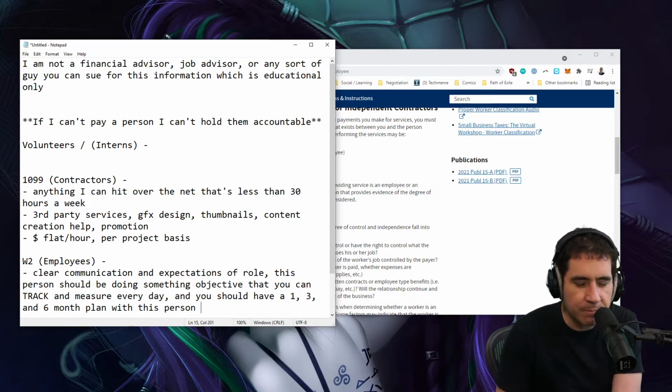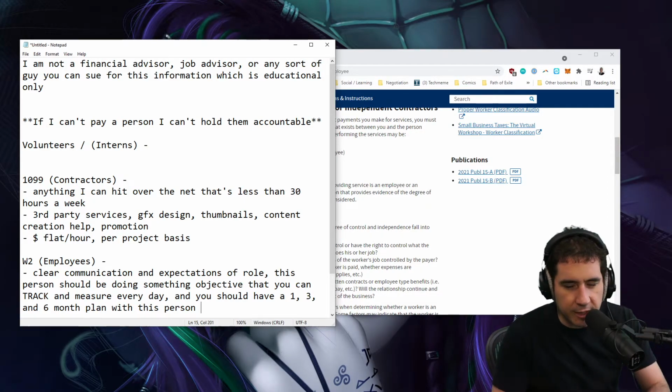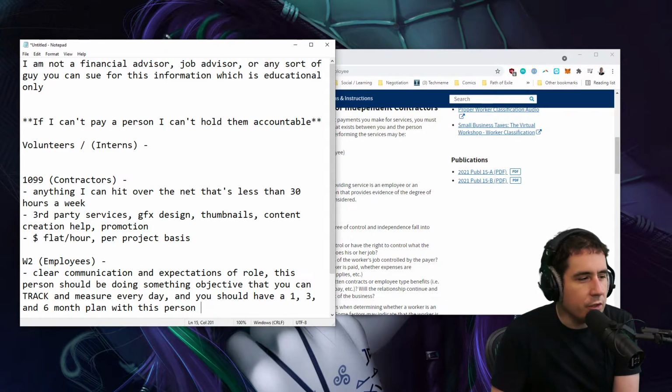That person is choosing to spend their time, money, and energy in my company. And I need to be available to them to accomplish those objectives, right? So my job as a C-level executive is to facilitate their job and make it as easy as possible, and be there to solve problems that they feel might be out of spec. And then to give them absolute freedom and ownership to do the rest. So when I say you have a 1, 3, and 6 month plan with that person, I mean that you have sat down and you've both determined those goals.